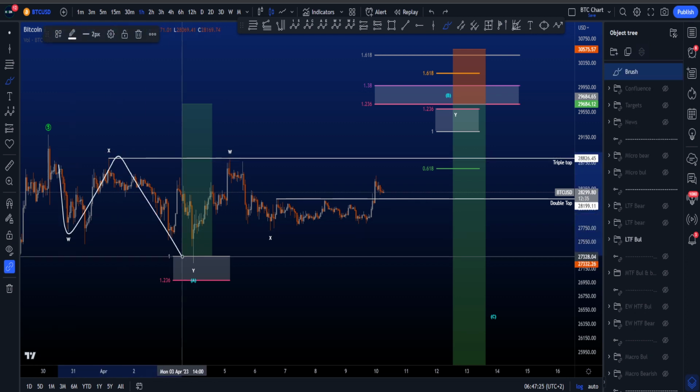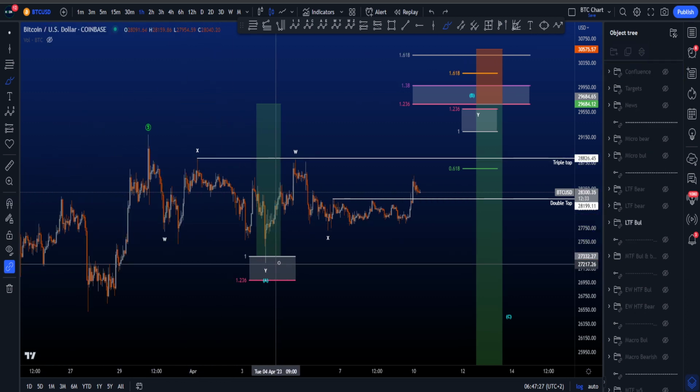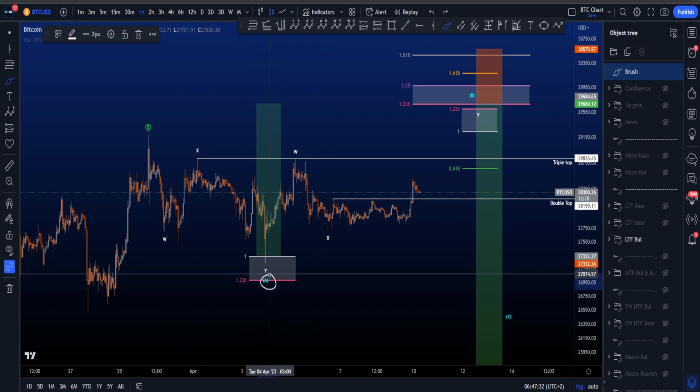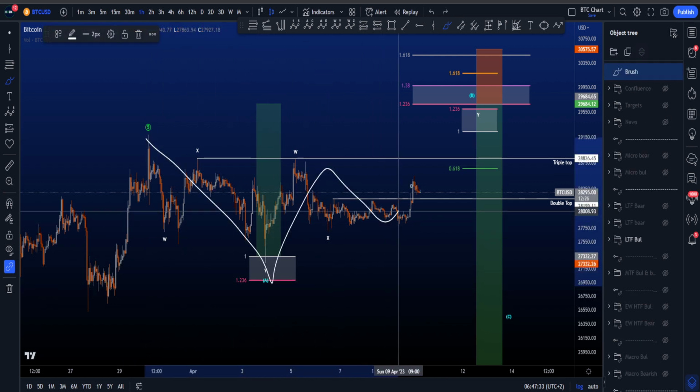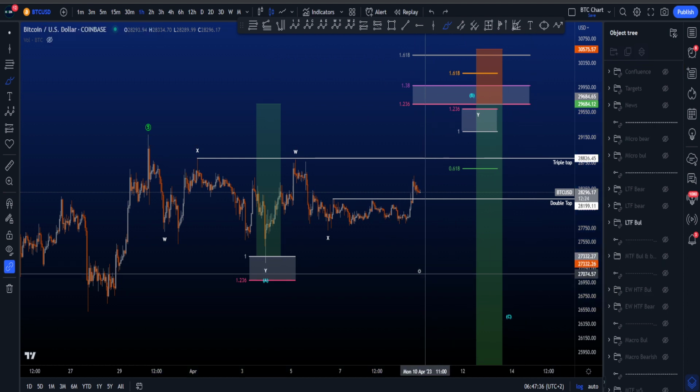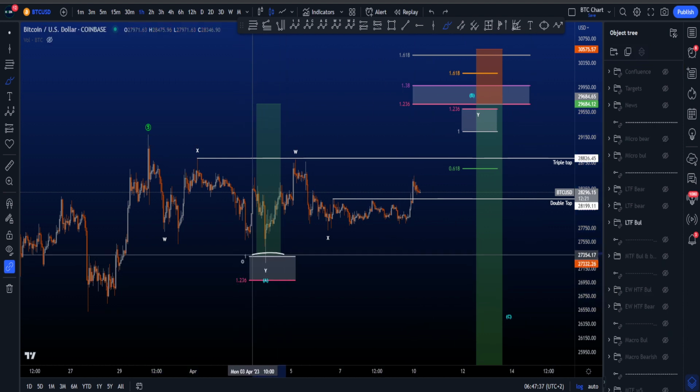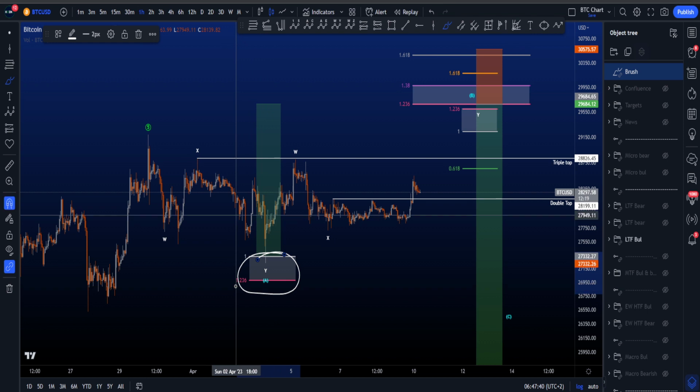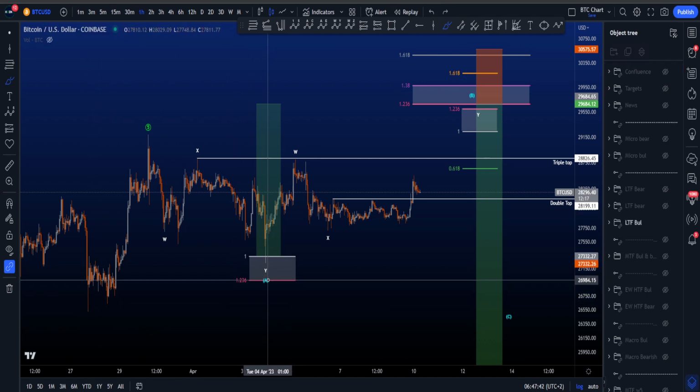Then we have a WXY 3-wave structure, wave Y bouncing perfectly in the most common target area for wave Y, which then finishes wave A. So this is a 3-wave A looking for a 3-wave B before then eventually a C to the downside. In this particular scenario, we had this potential long setup, educational, based on Elliott Waves, of course, on the Bitcoin